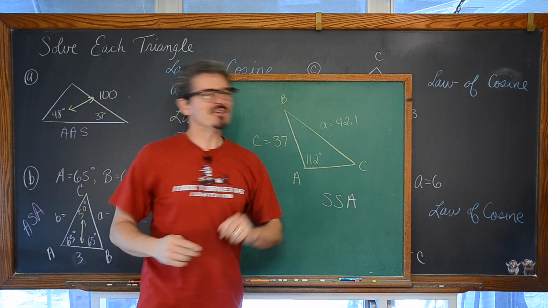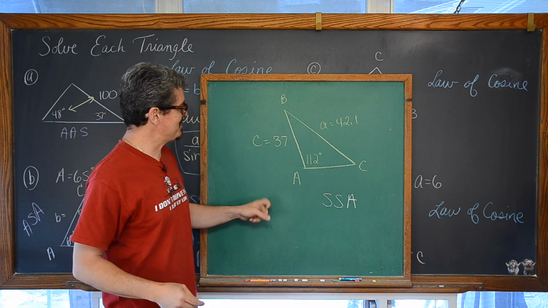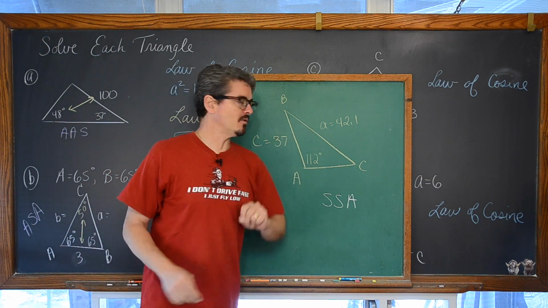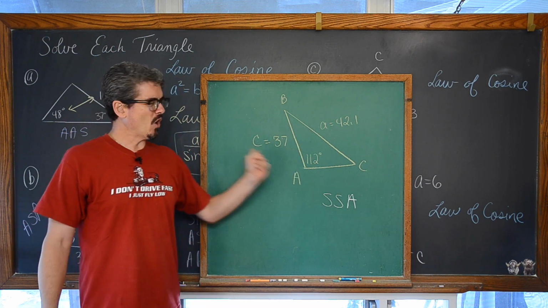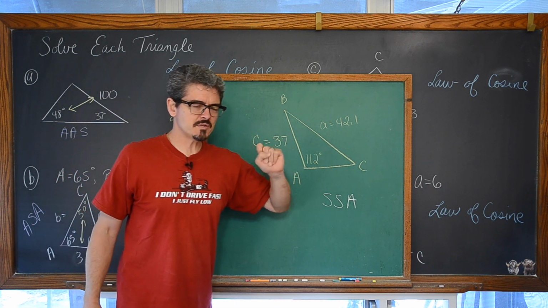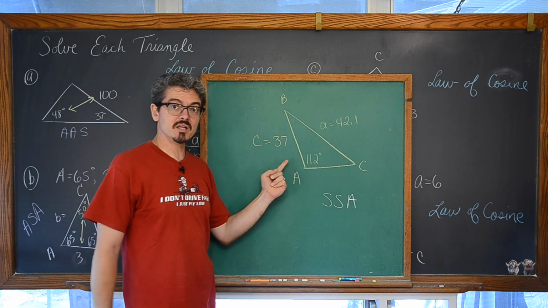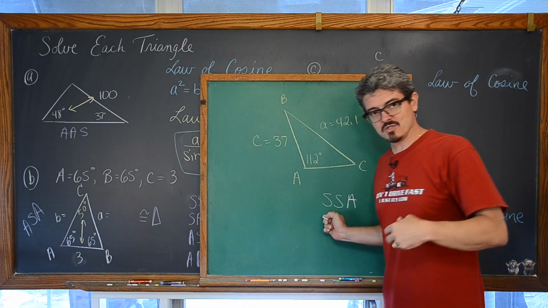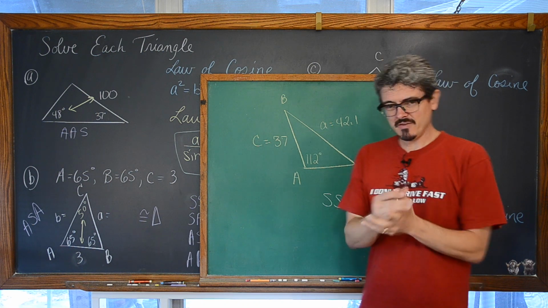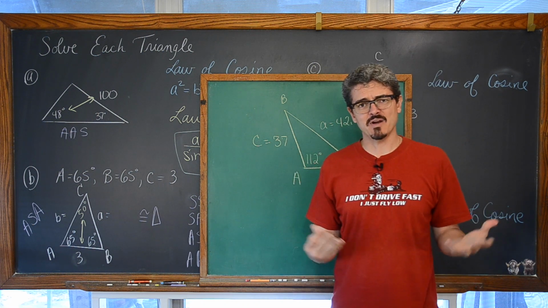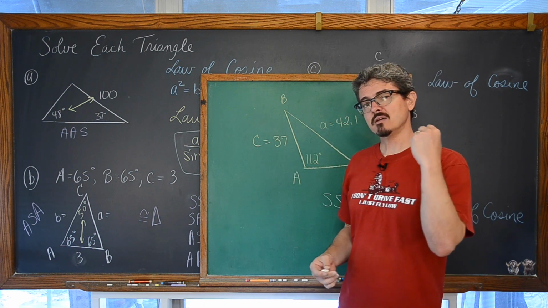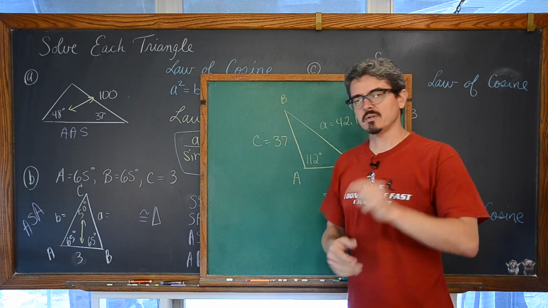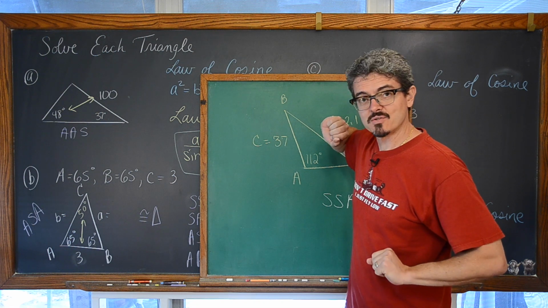So this is not a congruency theorem, which means that this information of given a side of 37, 42, and an angle of 112 degrees opens the door for there to be one triangle. I mean, I drew one, but maybe there's zero triangles. This is not a congruency theorem in geometry, so these three pieces don't even necessarily have to make a triangle. Or there might be two. So we'll be reviewing that concept in a couple of lessons, but for right now, let's get on to the law of sine.